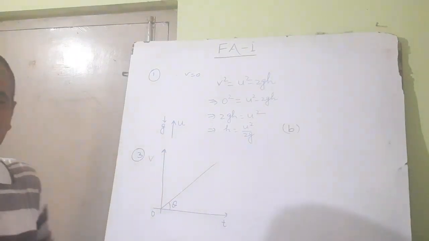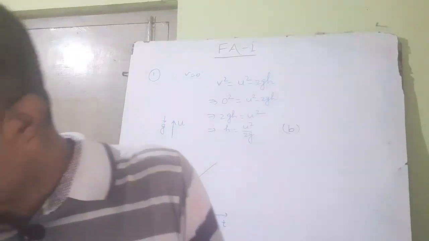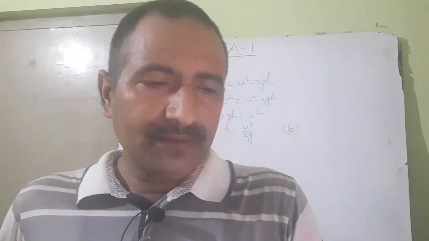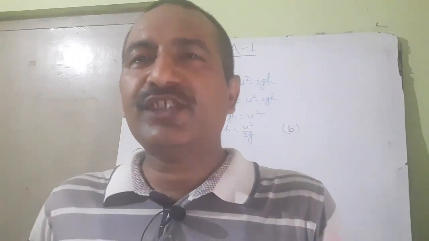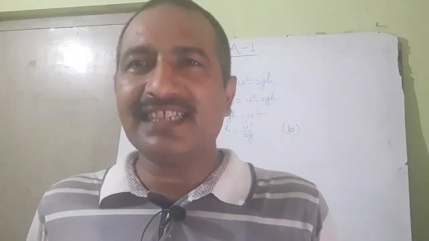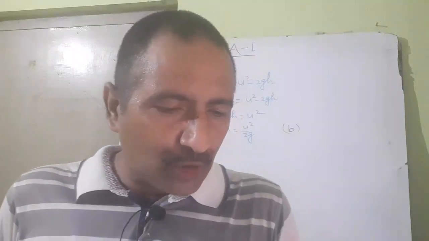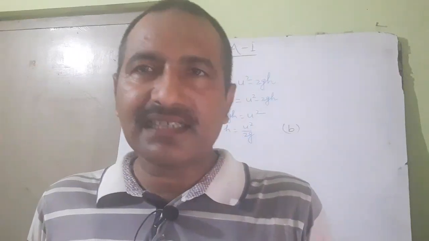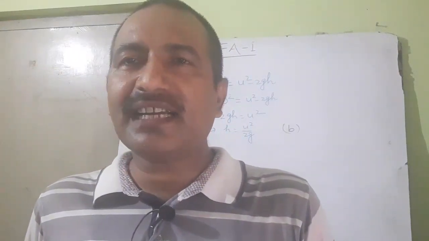okay, VT graph, velocity by time is what? Velocity by time is acceleration, change in velocity by change in time. So slope of VT graph means velocity time graph gives you acceleration. You see the options are distance, displacement, acceleration and speed. So what should be the correct answer? C, that is acceleration. Understand?